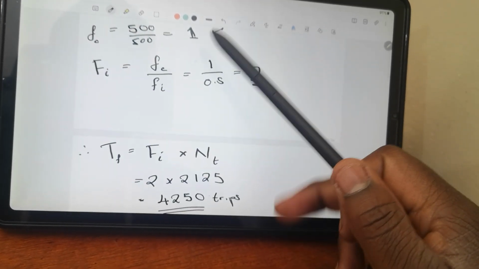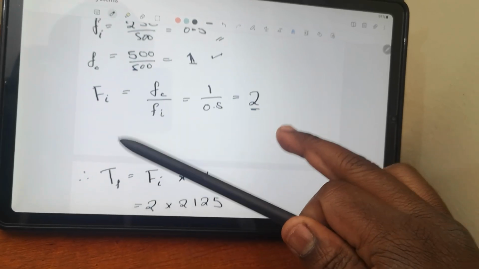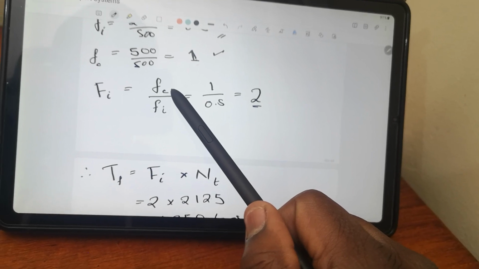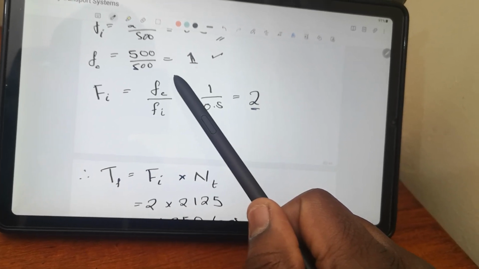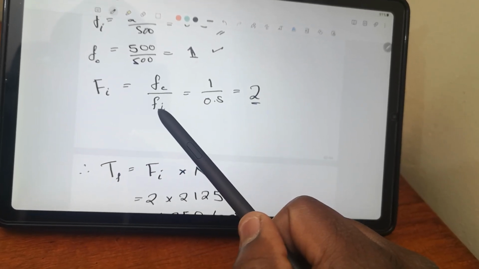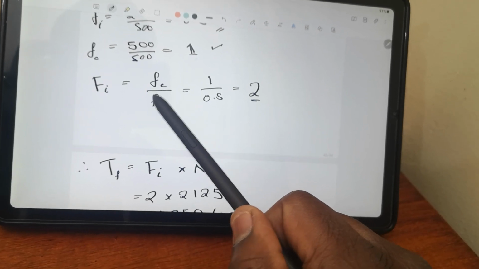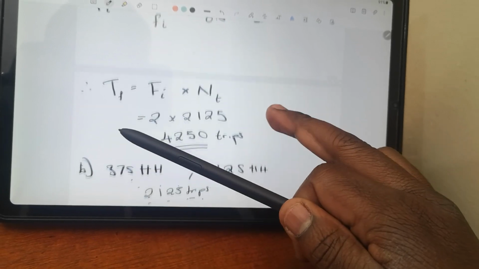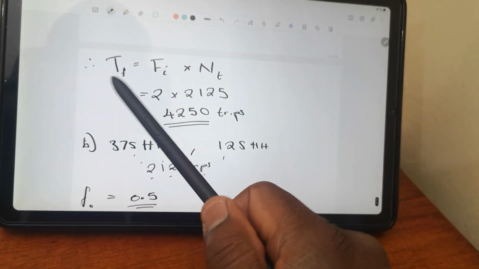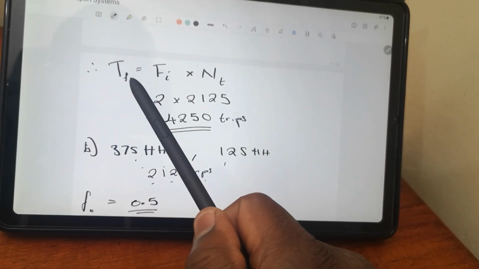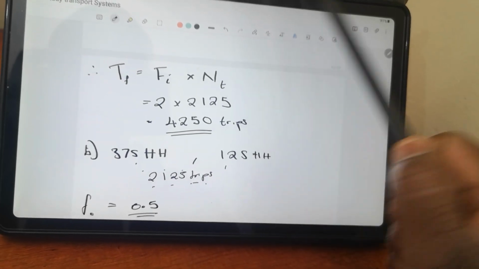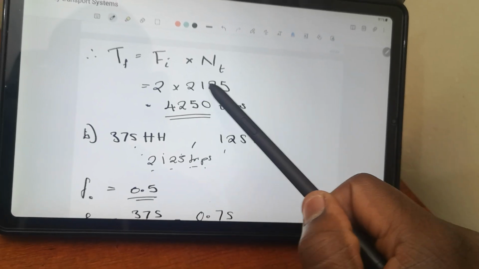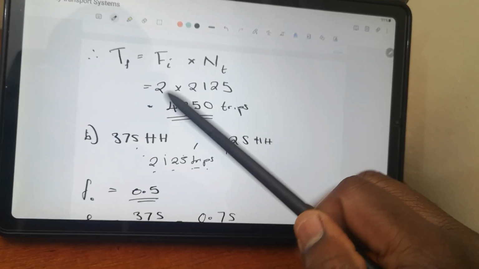It increases. So our growth factor equals the ratio of those owning cars in the future, or currently since we are now in the future, over the initial one. 1 over 0.5 gives us 2. After that, we find the number of trips by multiplying the growth factor by the present number of trips, which is 2,125, which gives us